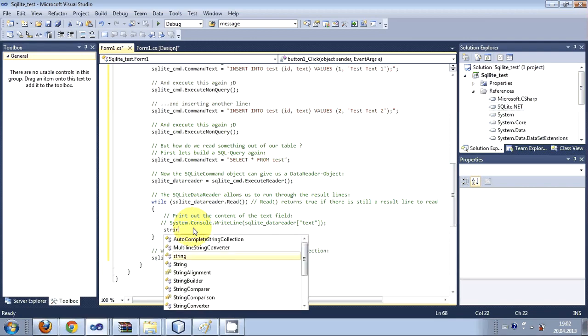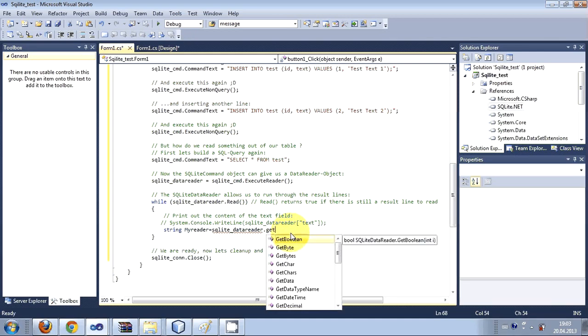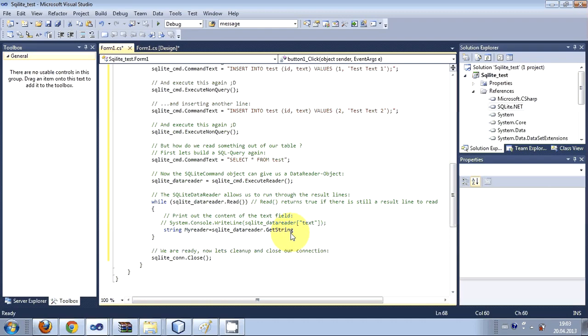So write string and give any variable name. String myReader is equal to, copy this line from here itself, SQLite data reader, paste it here, and now write dot GetString and bracket closed, and inside this bracket we are going to pass a number. So what this number will do is, this 0